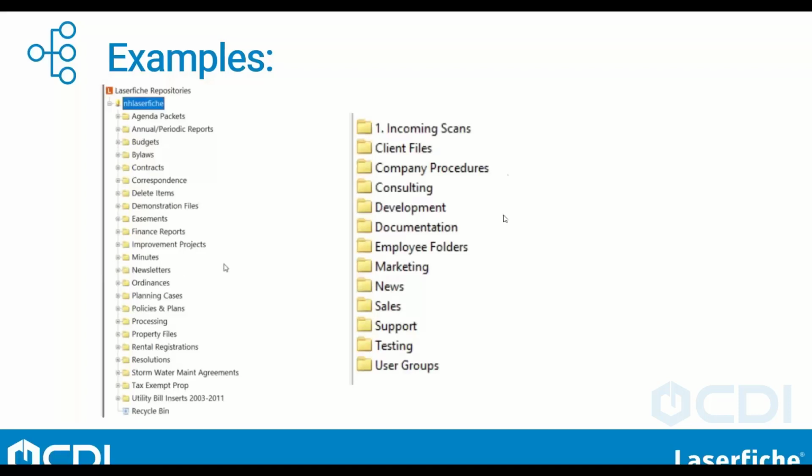Here we have another couple of examples of things like agenda packets and budgets, but we also added easements, finance reports, improvement projects, some of those other areas that would be heavy on documents, making sure that we are separating them out. This one on the right is actually an example of CDI's internal structure, what we actually use for our